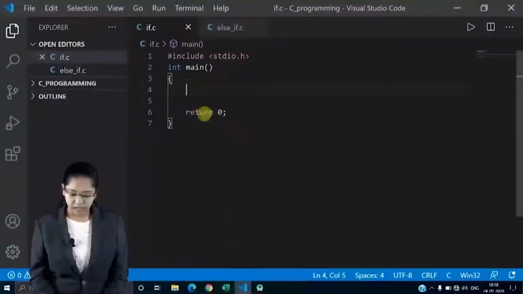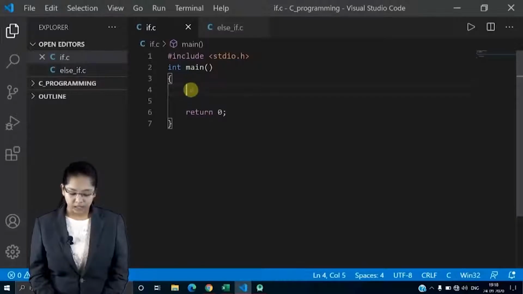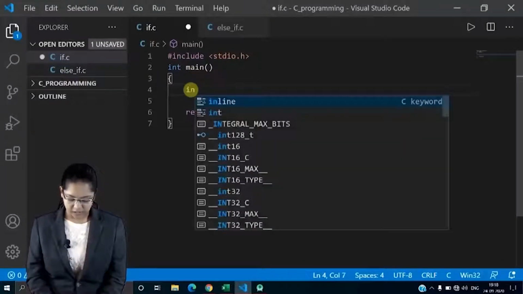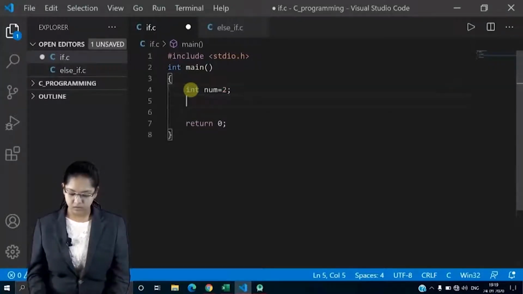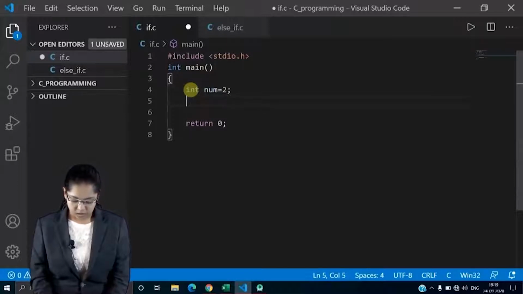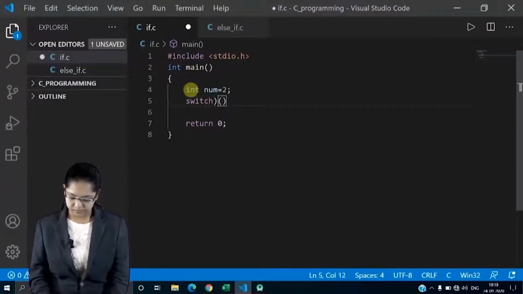So here I have a basic structure of my code. Now let's say I have taken int num is equal to 2 semicolon. Then switch, let's write here num plus 1.